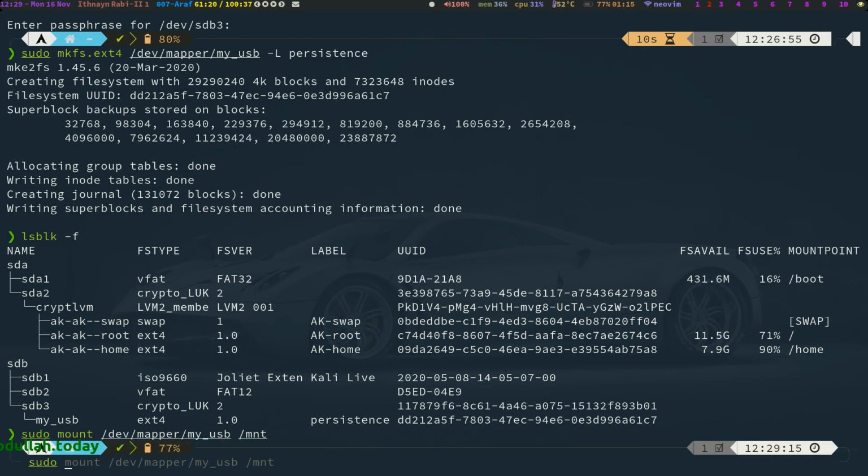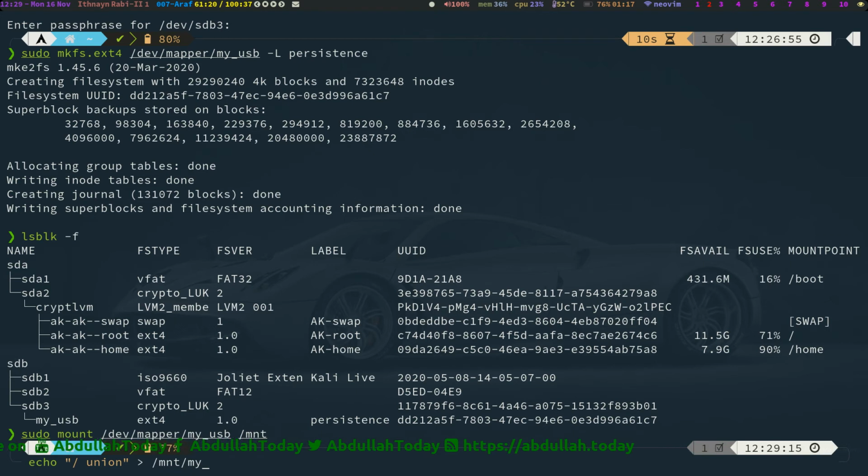So you might use vim, or you can use echo, and write slash, space, union, inside this new USB, where it is mounted. It is mounted at /mnt.